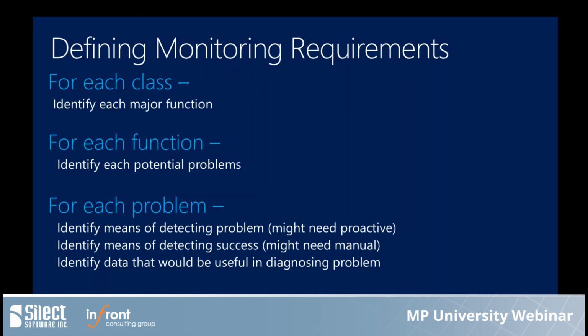For each of those problems, how am I going to detect if that happens? Right? And maybe it's something simple. If it can't write to the database, it's going to throw an error. Great. That's fairly simple. What if it's missing network connectivity? Nobody can connect to it. That might not be something that the application is looking for. It might think it's running just fine. I might need to perform some other action, some remote connection into it periodically, for example, to make sure it's